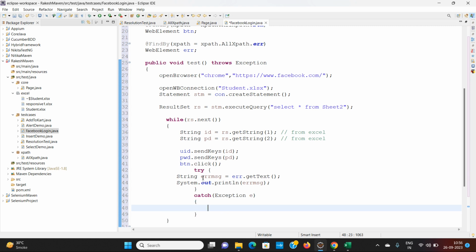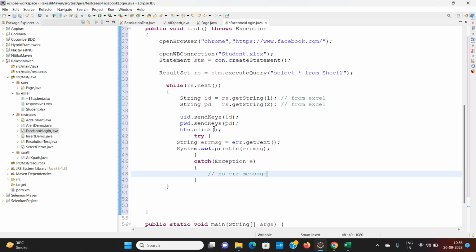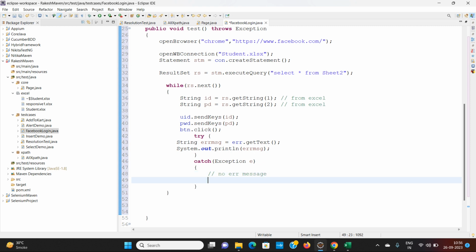If it is kept in a try block, then it means the error is coming. If the error is not coming, it will go to the catch block. Catch block means no error. No error message means that the person has been logged in. Error is not coming. So now we have to record this information